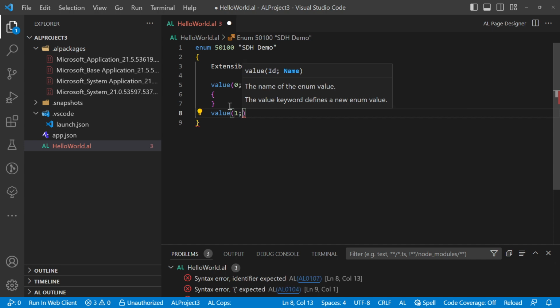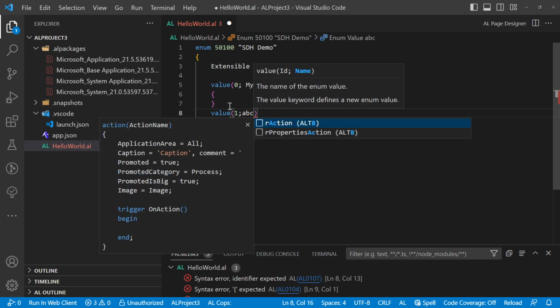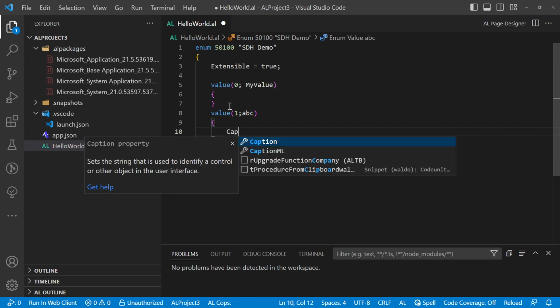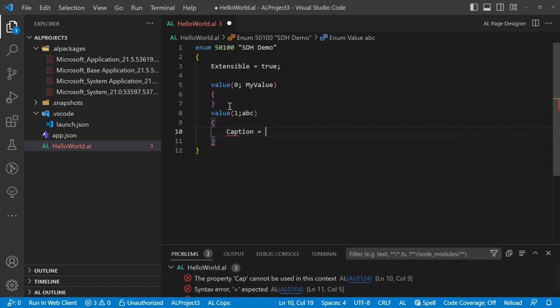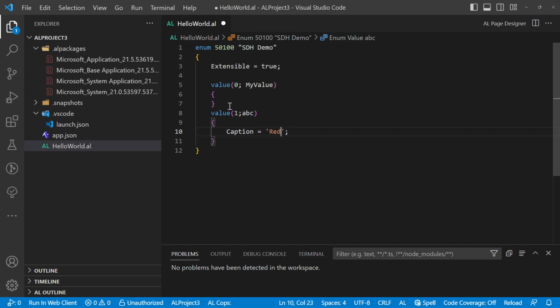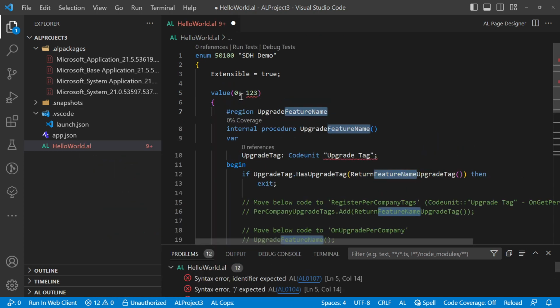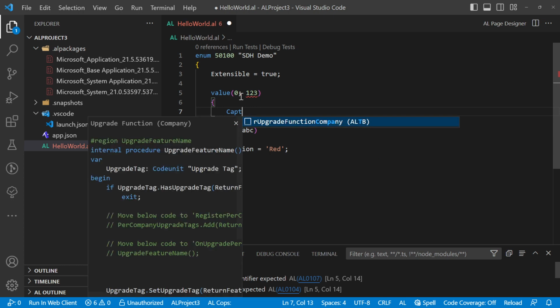Remember, this is the name. This can be ABC. What will be visible to the user can be set on the caption property. I'll say 1, 2, 3, and then the caption will be... okay, I went a little bit fast, I guess. Caption will be